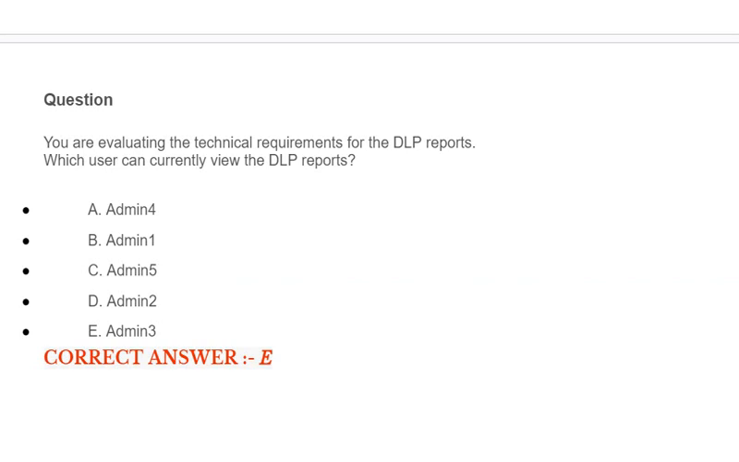Now the question is, you are evaluating the technical requirements for the DLP reports. Which user can currently view the DLP reports? Option A, Admin 4. Option B, Admin 1. Option C, Admin 5. Option D, Admin 2. Option E, Admin 3. Correct answer is option E,